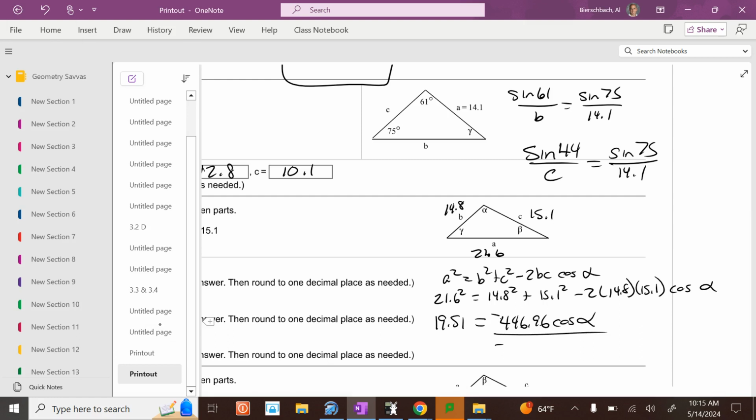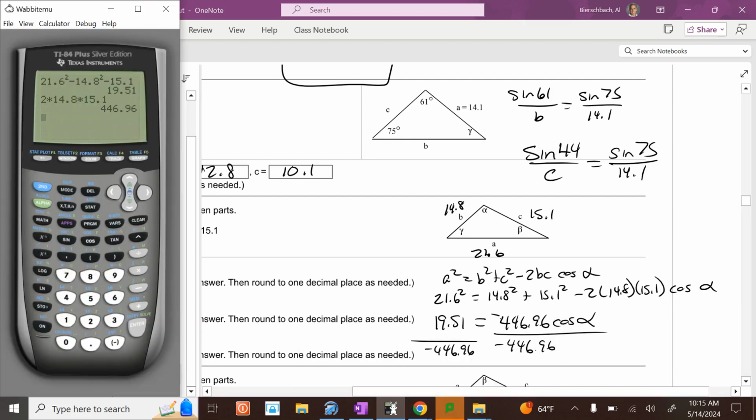So if we divide by negative 446.96, I get that number. And if I go second cosine of my answer, inverse cosine of my answer,